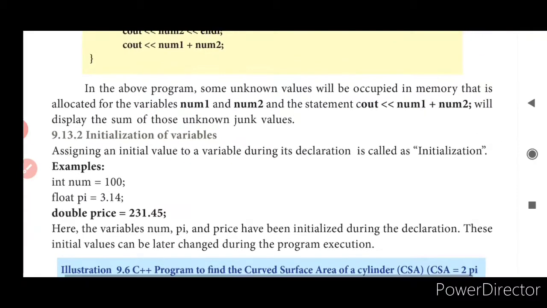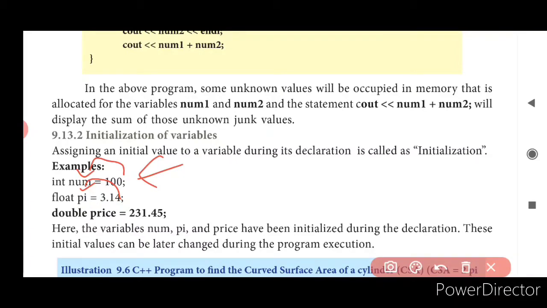Now, what is initialization of variables? Initialization of variables is nothing but assigning a value to a variable during the declaration. It is termed as what? Initialization. See here, int num is equal to 100. 100 is being assigned to the variable num. 3.14 is assigned to pi.